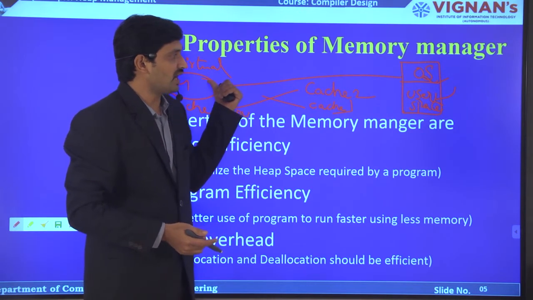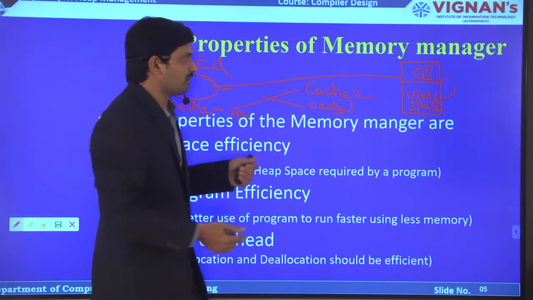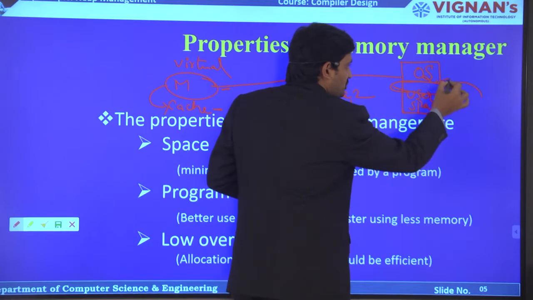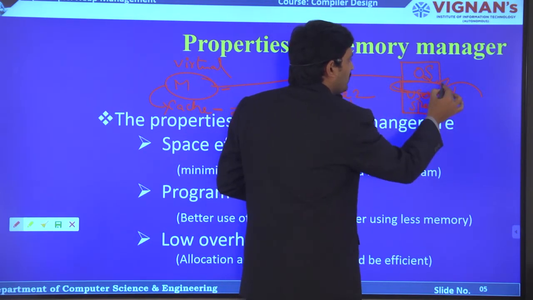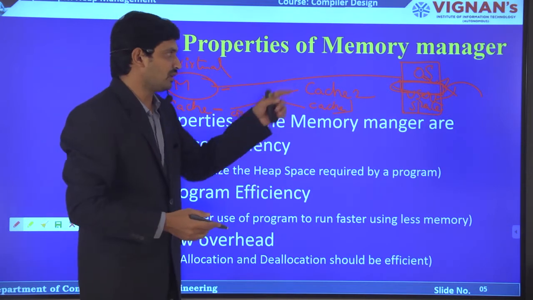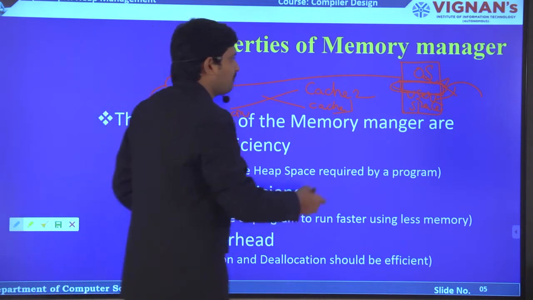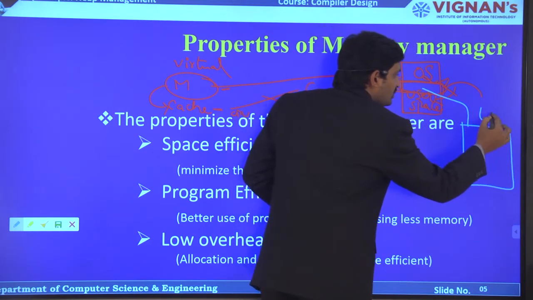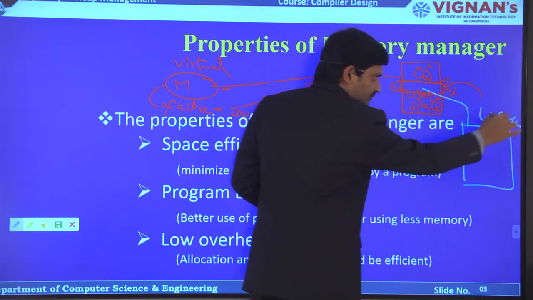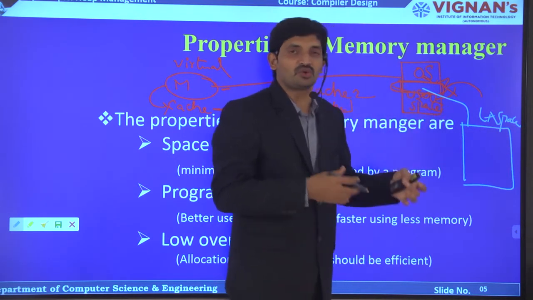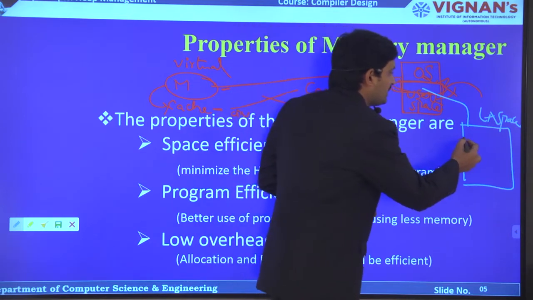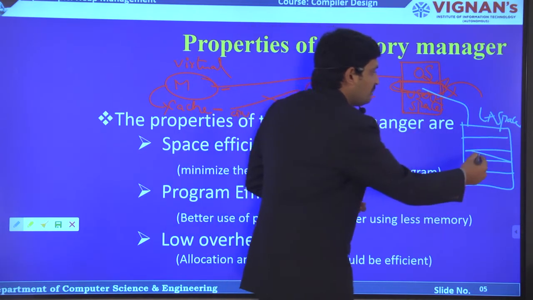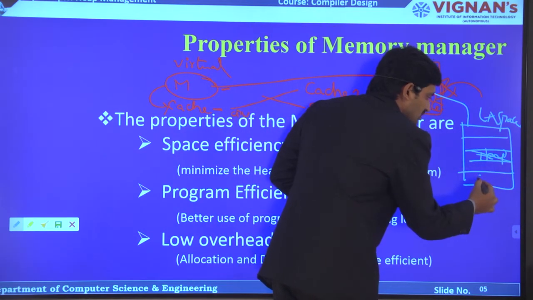For example, if I have a program in C language, and its compilation is completed, then if I want to execute it, a block of memory is allocated for that particular program. Such a block of memory may be divided into the logical address space. Actually the memory is not divided, but we are representing it in the form of logical address space, which consists of the heap and stack data structures.